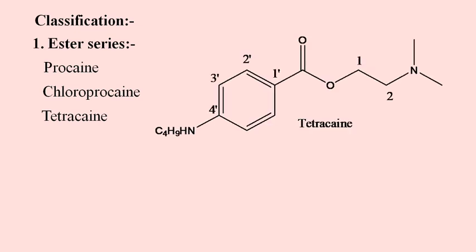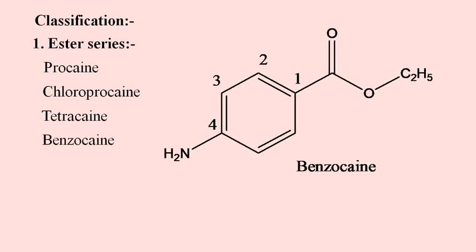See here, in tetracaine this is an aliphatic amino group. So this is a basic amino group, and we can make its salt easily. In tetracaine, chloroprocaine, and procaine we can make salt easily, but in benzocaine this is an aromatic amino group. This is not aliphatic, this is aromatic. It is attached to the aromatic ring, so we cannot make salt of this easily. It will be very difficult, or almost impossible, to make salt from benzocaine. So due to this it is used topically, it is not used parenterally. We have studied about this in the introduction section also.